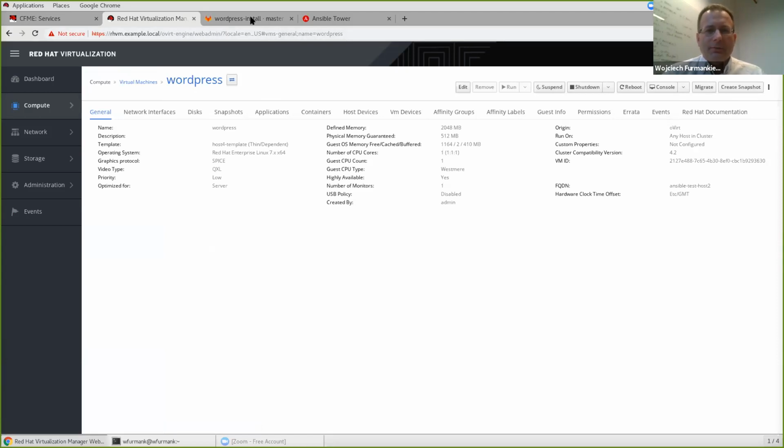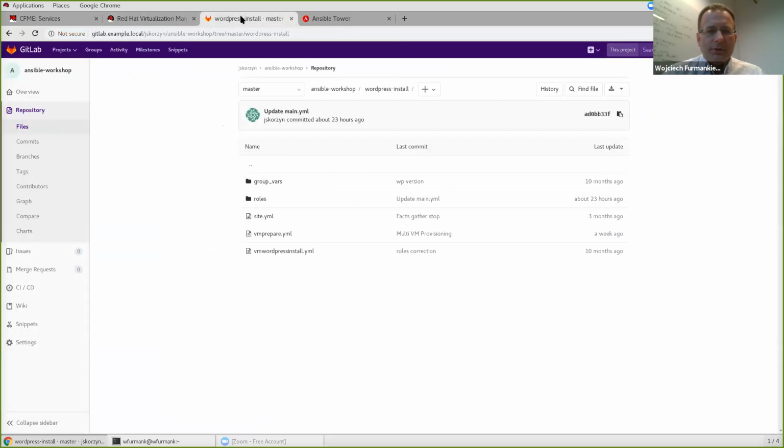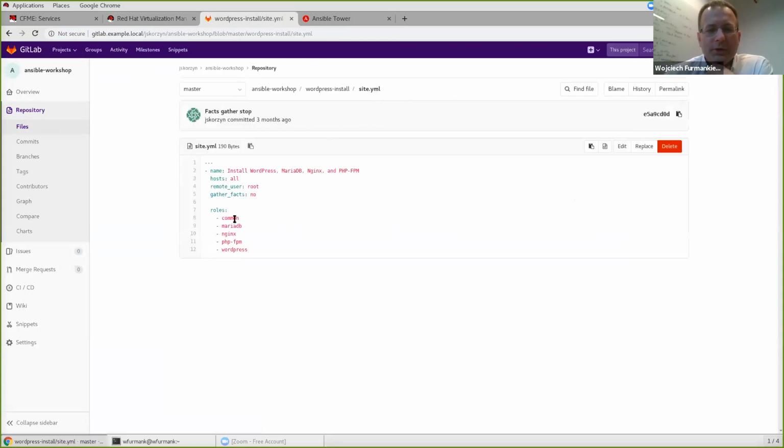Then our Ansible. To use Ansible, we need to have a playbooks repository. So this is the WordPress install repo, and this is the main playbook called site, which applies different roles. There are 5 different roles that have been applied: Common, MariaDB, Nginx, PHP, and WordPress. And each particular role has its own directory here.